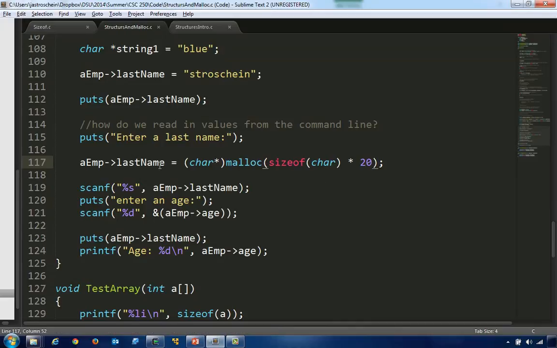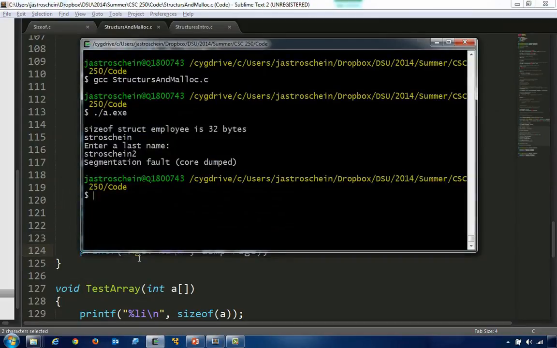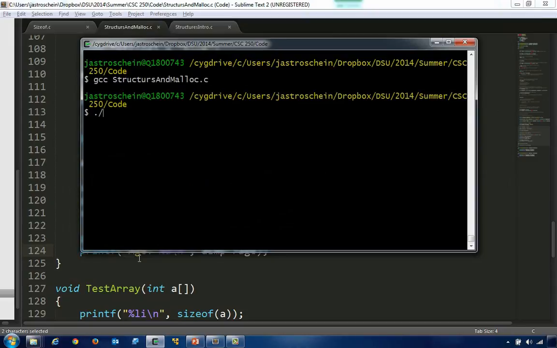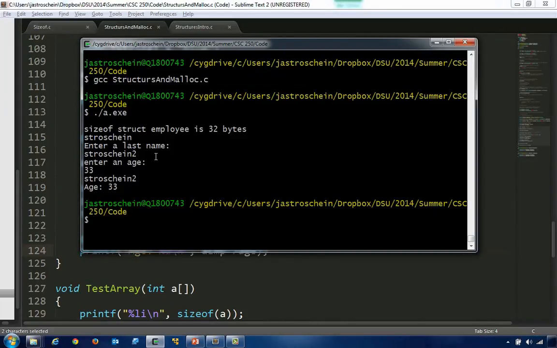And now when I run this program, it's going to work. And you'll see that it'll prompt me to enter my last name, it'll prompt me to enter my age, and then we'll print the last name again, and we'll print the age. So let's go back to the command line and see if that in fact fixed it. Okay, so I'll add 2, and I'll add my age, and there we go. We ran with no errors, we got no seg faults. It printed off Stroshine 2, so I know that it accepted the value that I typed in